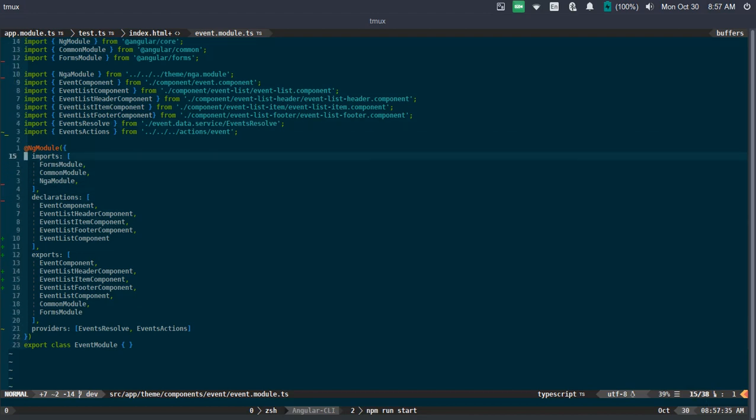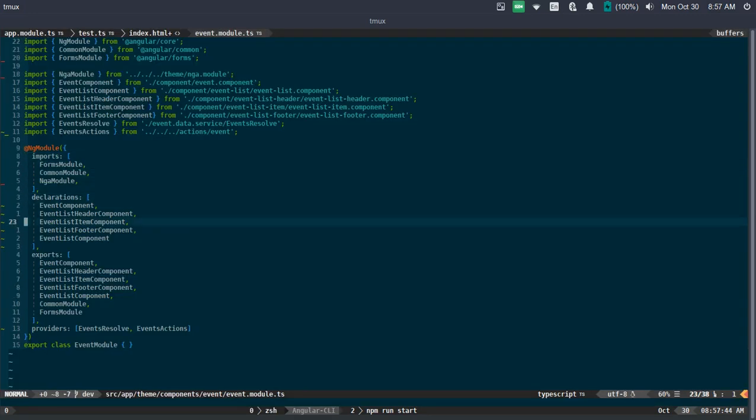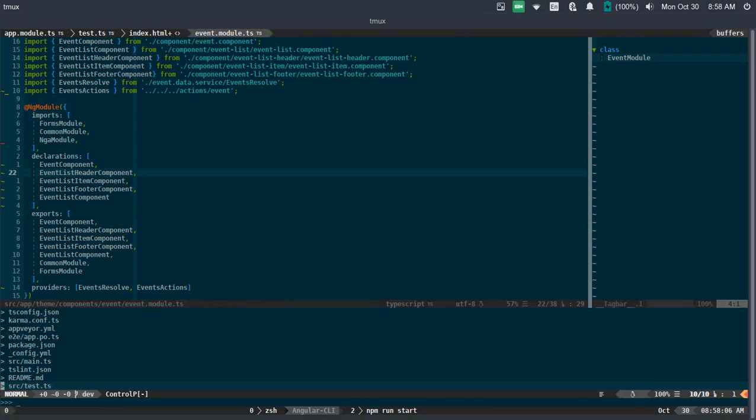Yes, that's it. And the tag bar. If I press leader, I have assigned the tag bar to a leader key and T. So on the left hand side it shows you this is the tag bar. It's like a summary of your class or interfaces or anything basically. I don't have many properties in this module, but if I show you, say for instance